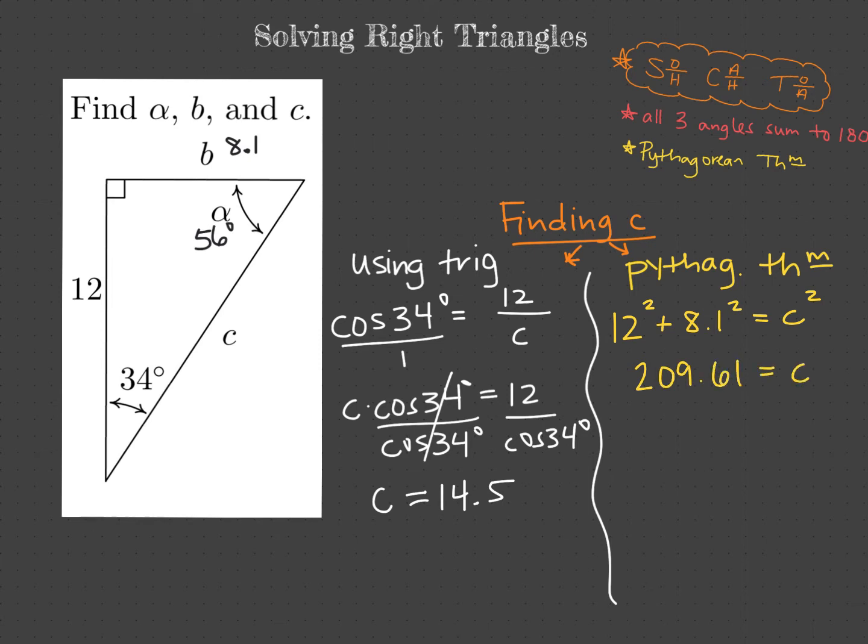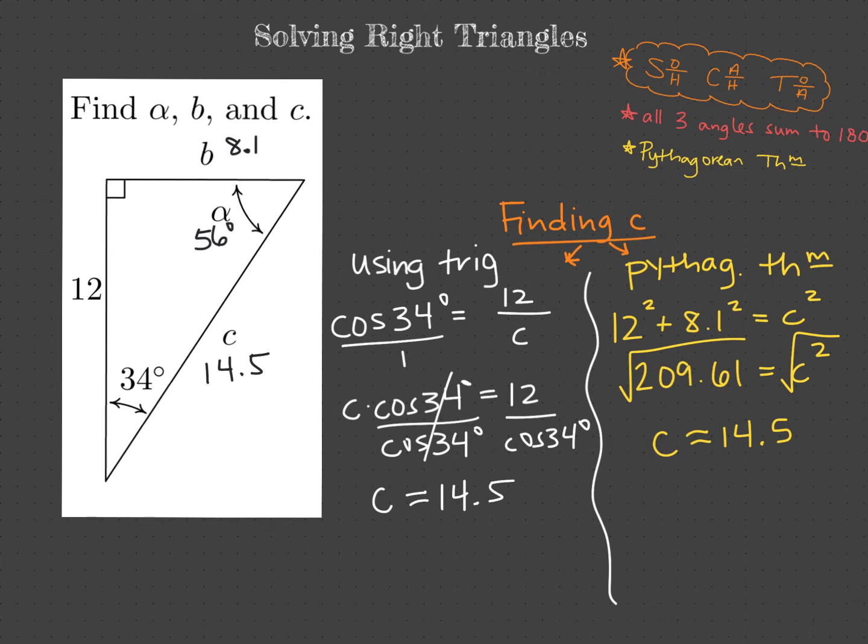Then of course we have to take the square root to find C. We do in fact once again get 14.47, and in this case it's 4779. So it's a little bit different, but not different enough to really matter when we're rounding to the nearest tenth. So it looks like rounding to the nearest tenth is okay, and it shouldn't throw off our final answers too much. So we ended up finding C is 14.5,